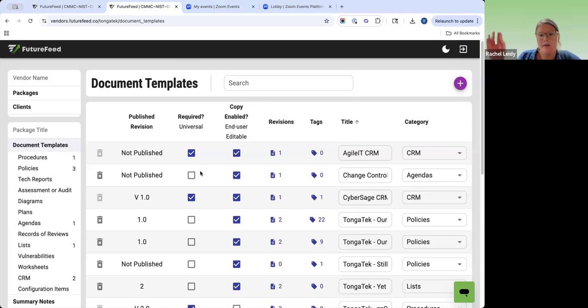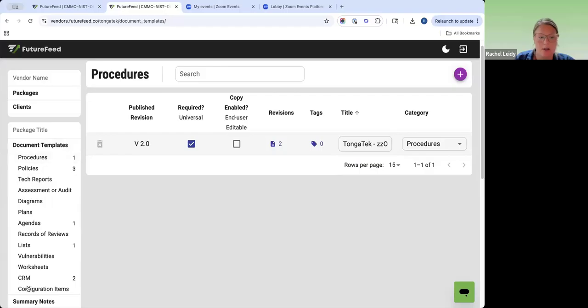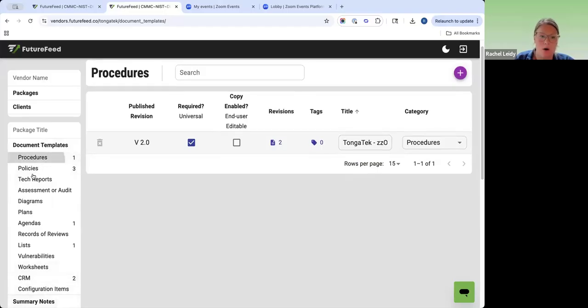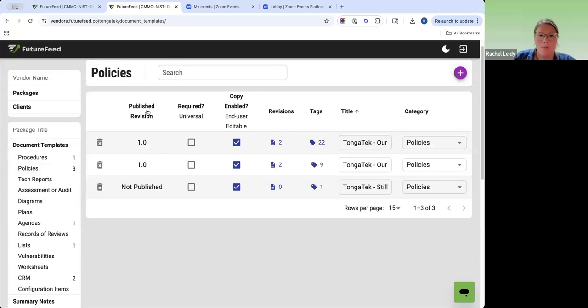Then you would have a couple people at your company responsible for managing this document library and managing the templates and the documents themselves. They would probably be the ones to have access to this interface that I'm showing you here. You would have the ability to upload as many documents as you want, and you can categorize them into all of the FutureFeed document categories. After you upload a document, then